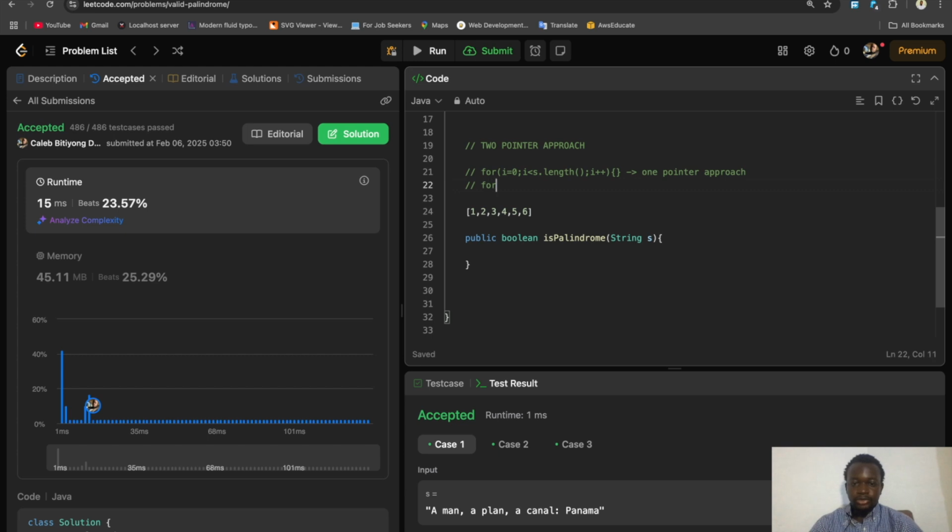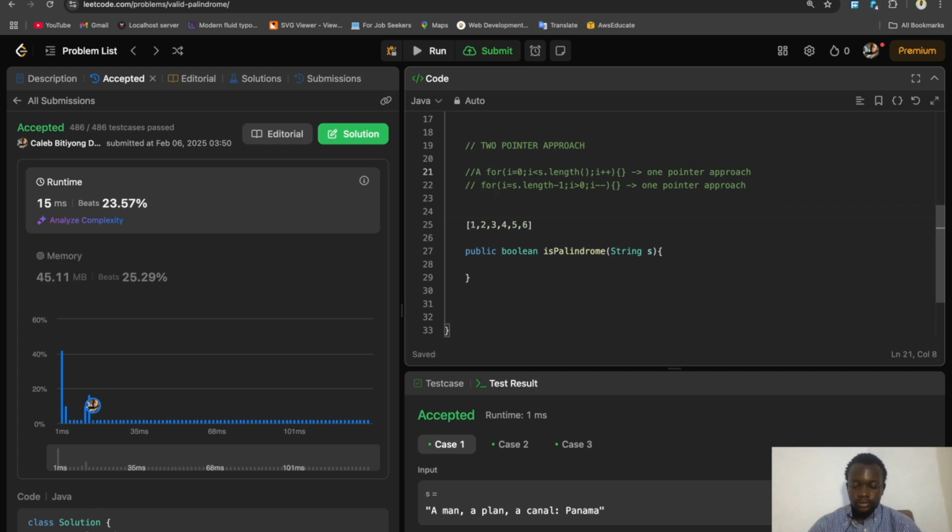So let me put this. This is i equals s.length minus 1. i will be greater than 0, right? i--. This is also one pointer. So what this means, this will start from the end. So you start from 6, which will reduce down to this one. So for the two-pointer approach, let's assume this is A. This is B. So for C, which is a two-pointer approach,